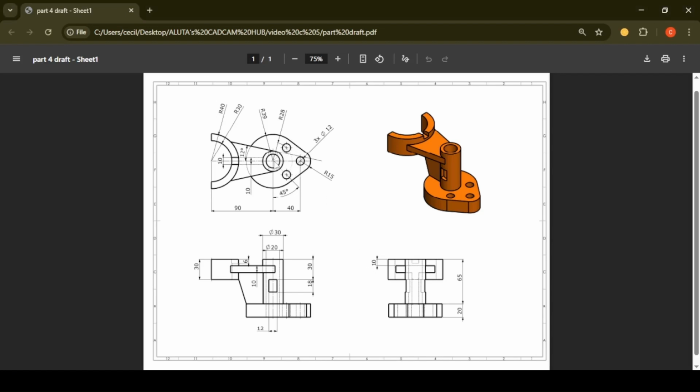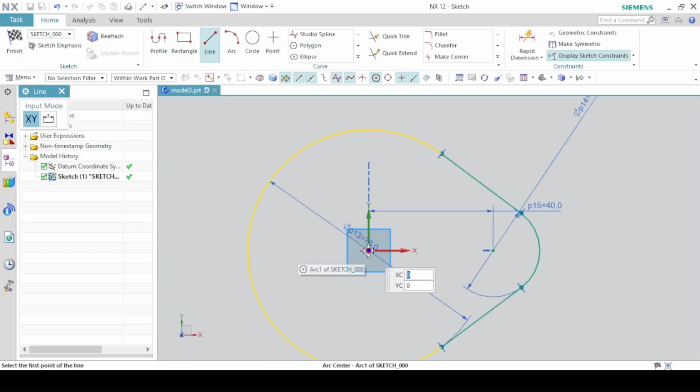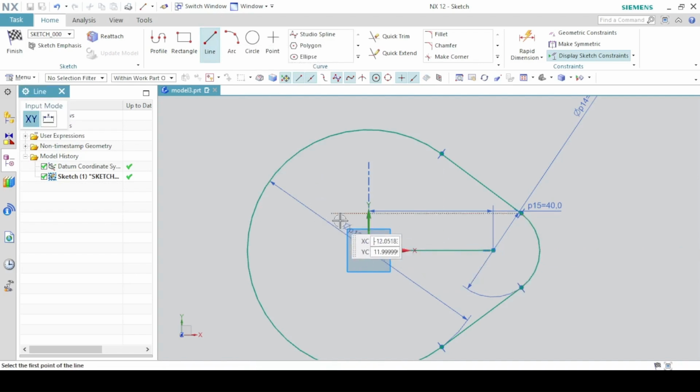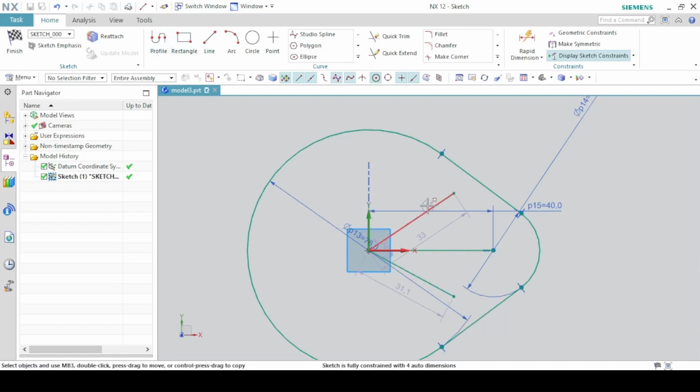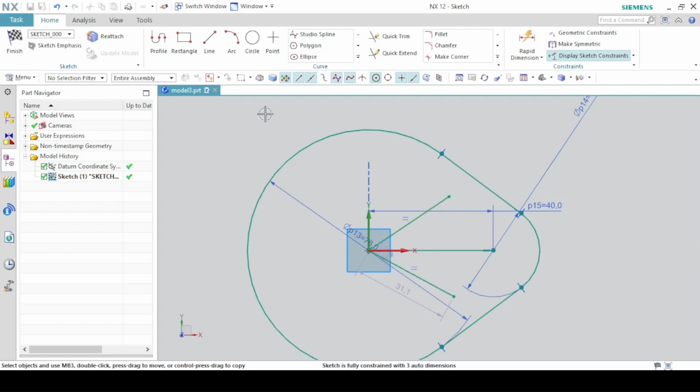So we first get a constructional horizontal line, and then 2 inclined lines, which are also constructional lines. Make sure these 2 inclined lines are equal, so click on the 2 lines, equal length.